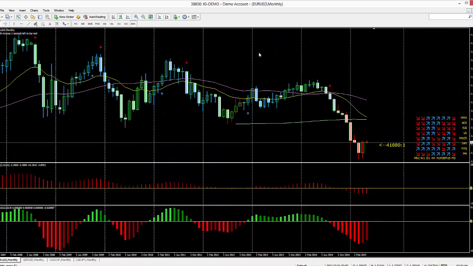So let's start with euro against US dollar. Straight off the bat, look at the indicator box, and I see a mixed picture. The sentiment long term is still negative, but we're seeing a bit of uncertainty creeping into the weekly time frame. Looking at the monthly time frame, clearly negativity.